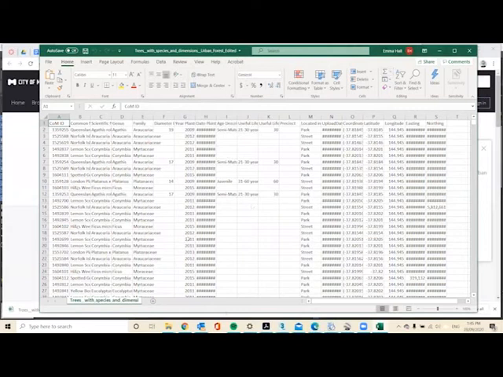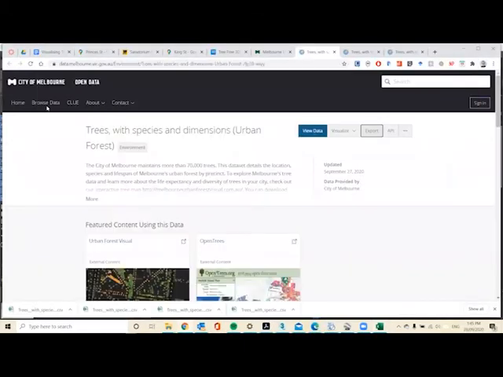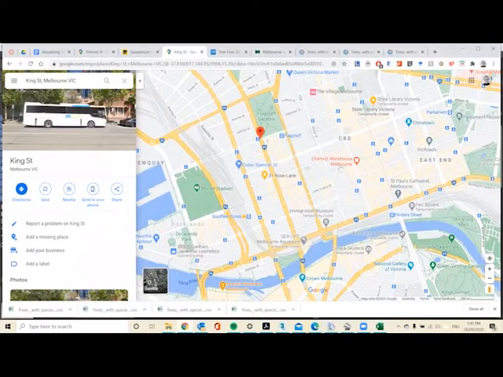The next thing I did, because the data contained quite a lot of trees, was I went to Google Maps, and this is the area that we want to look at. So I took a geolocation point. We looked at latitude first, so I looked at the leftmost point and then the rightmost point, and so I took the first